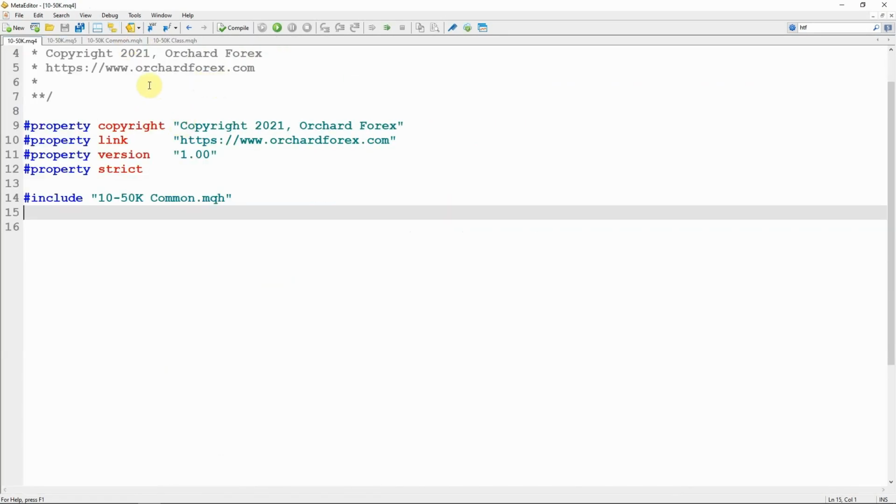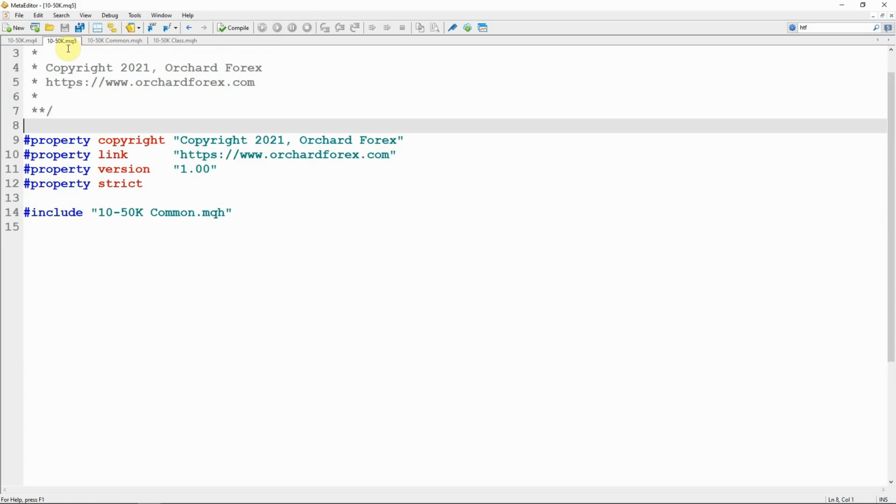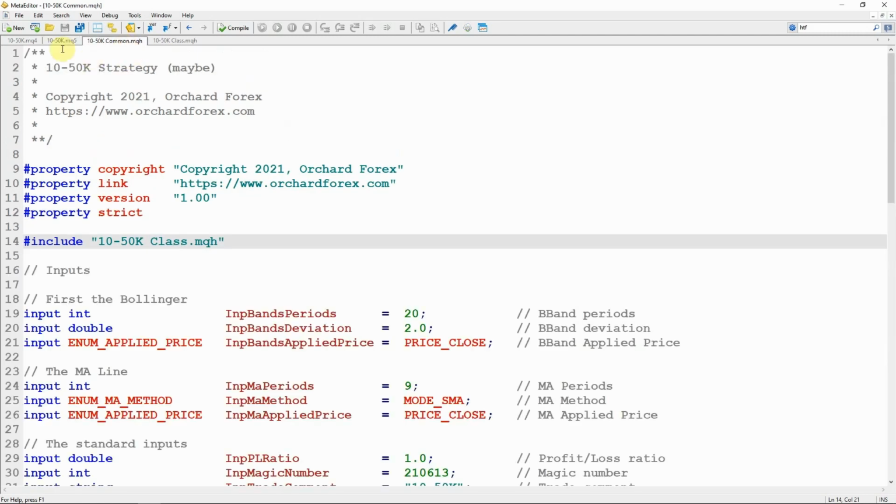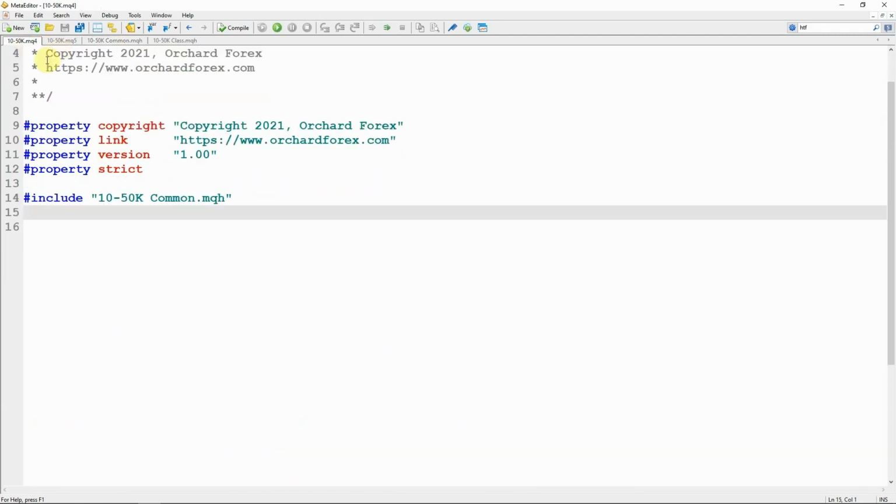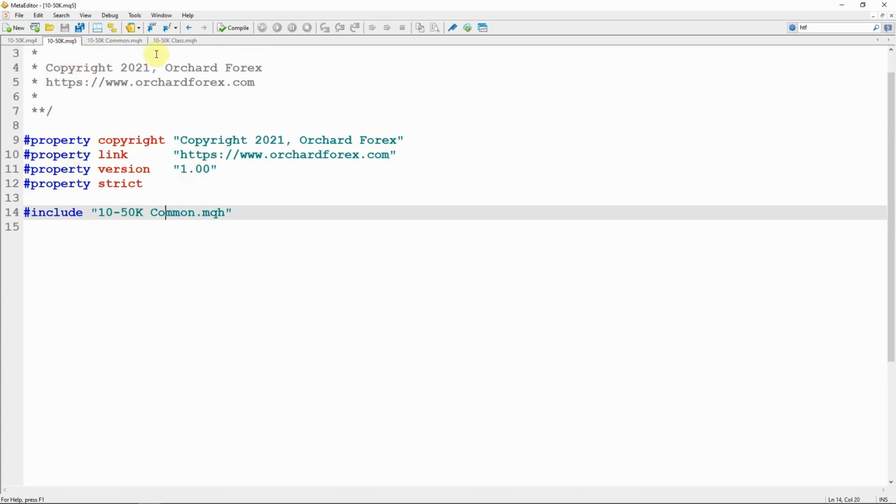So now I have these 4 files open, and if you remember from the first video, in the MQ4 and the MQ5 files, I've cut them down to almost nothing. They basically just have these property statements and an include of this common file. So this way, the MetaTrader 4 compiler can compile this file, MetaTrader 5 can compile this one, and then all